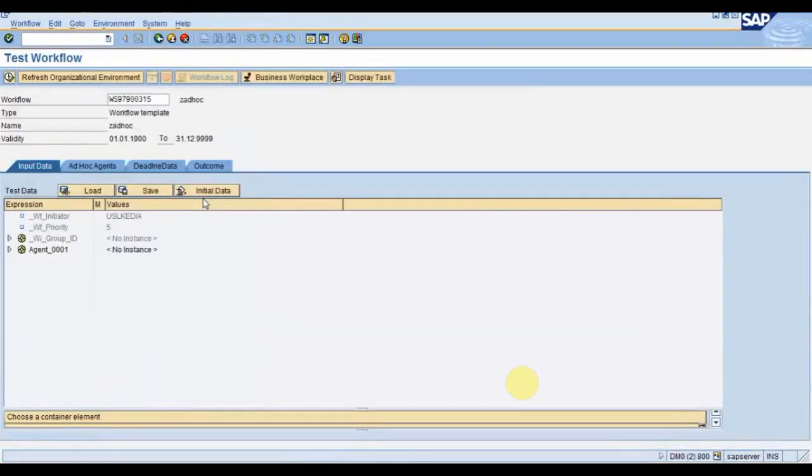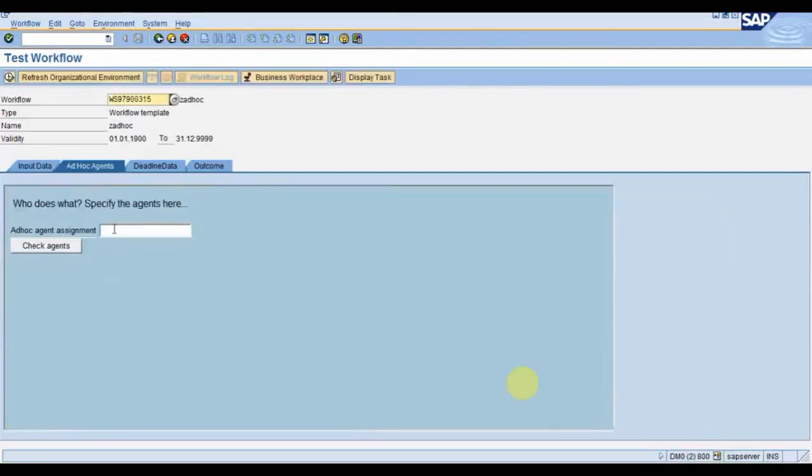Once you execute this workflow, you can see one bar object, that is agent 001, will come by default, and one more tab has appeared, that is ad hoc agents. Select ad hoc agents and give any name, like suppose Lcadia, I want the item to be sent to Lcadia. Click on check agents.